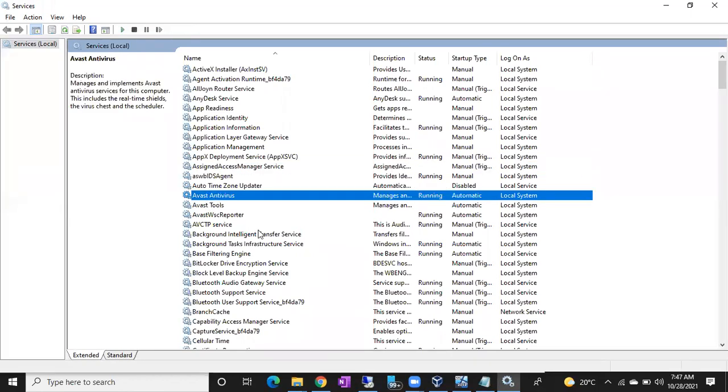When you install Avast antivirus software, it automatically installs this service, Avast antivirus service. So your software will run as a service in your operating system. Clear, everyone? Yes, sir. Fine. So what will antivirus software normally do?